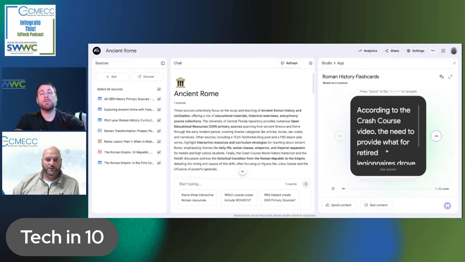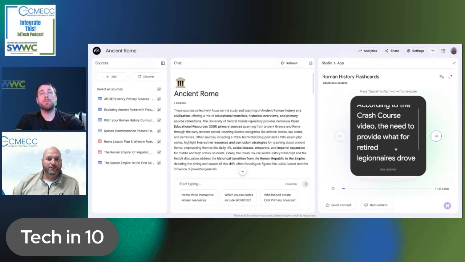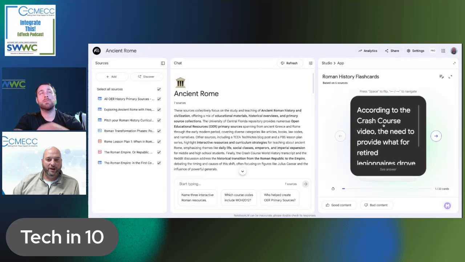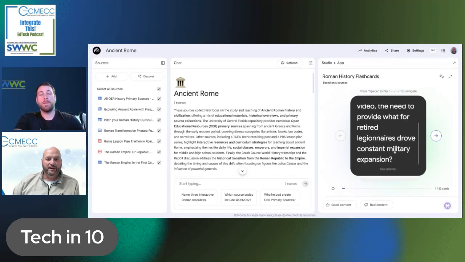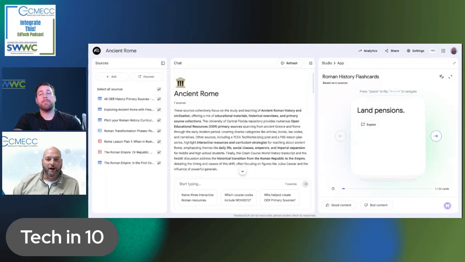So here in the panel, if I open up one of them, it's drawing content, and I know because one of these sources is a Crash Course YouTube video over on the side that had to deal with this, and it gives a question that goes along with it. If I click flip on the card, it brings me to what the correct response is. And then if I, as the person interacting with this, whether it's the teacher or the student,